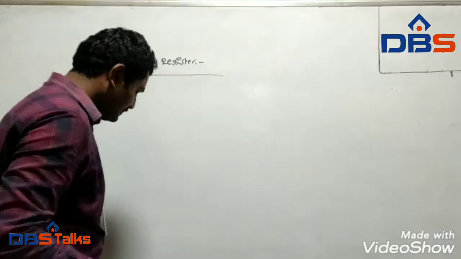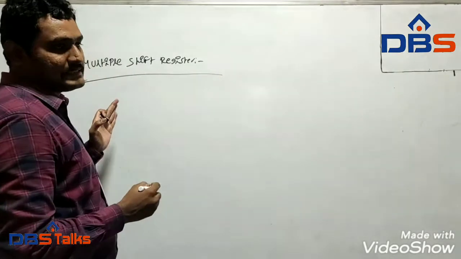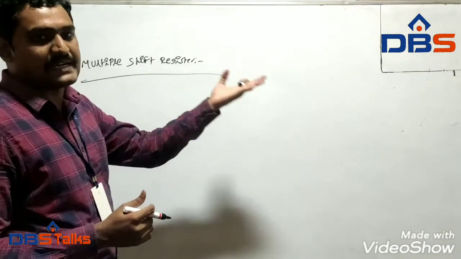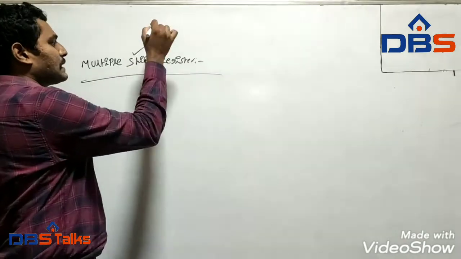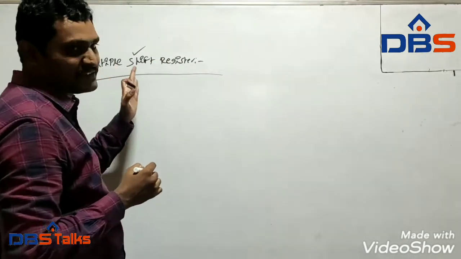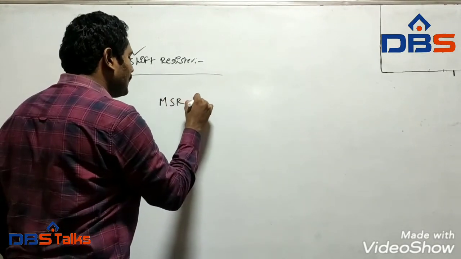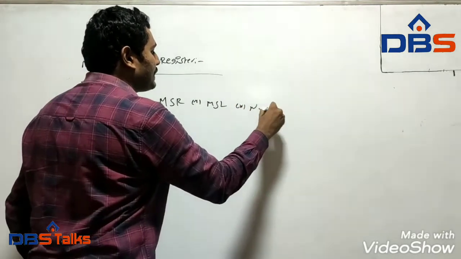Multiple shift register. That means some advanced PLCs have to move one or more bits at a time. That function is accomplished by using the multiple shift register function, or multiple shift functions. So here we are using multiple shift right, multiple shift left, or n bit right